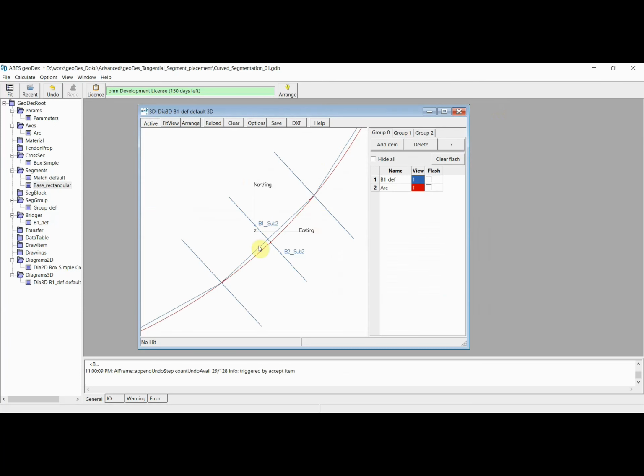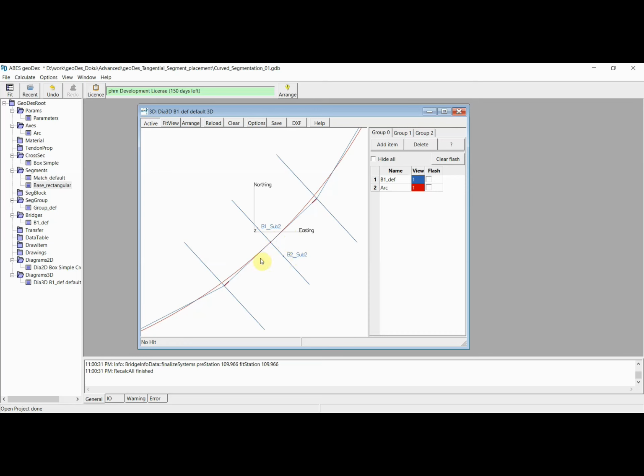And if we go back to the drawing and if I press recalculate, this is what happens. This segment here, the base segment, has now moved outwards. So the segment center line becomes a tangent at the connection point, which is of course the pier top. And our two bearings are now perfectly symmetrical with regards to the segment center line as well as the road